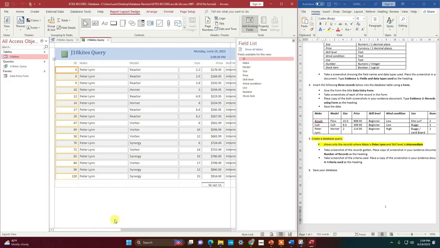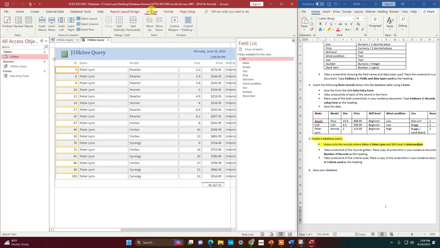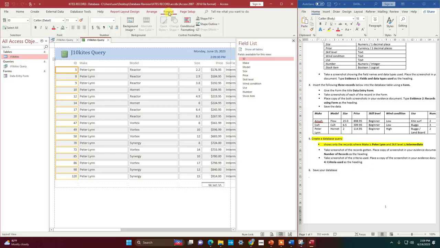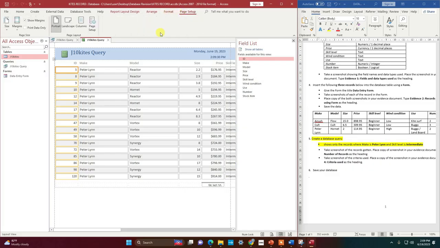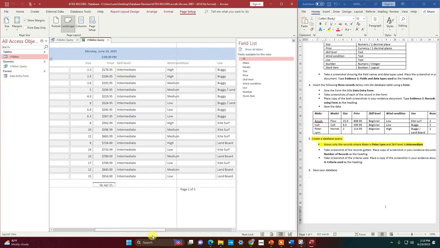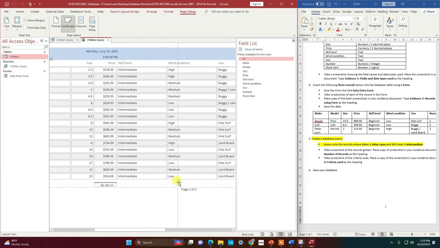Now, what we can do here is some adjustment. Notice that as the report was created, it showed us some new menus here: report design, layout, we have the arrangement, we have the format, and then we have the page setup. So the first thing I want to do is change the setup from portrait to landscape. How do I know it's not in landscape? I can follow this vertical dotted line to tell. See, portrait,